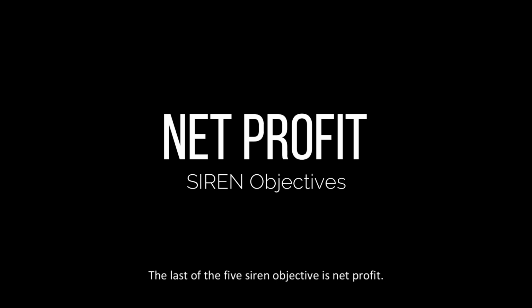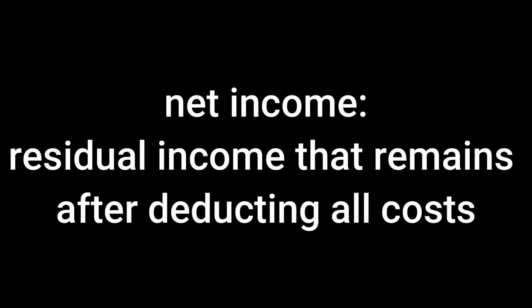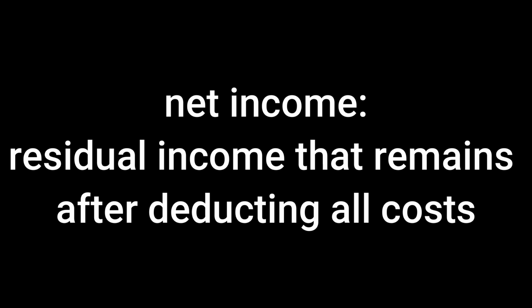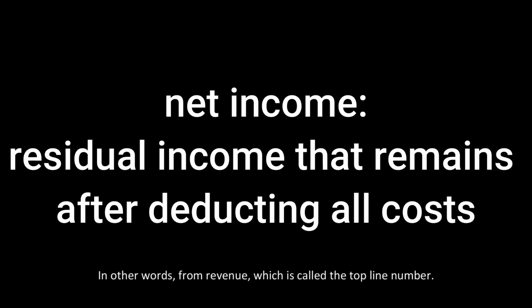The last of the 5 SIREN objectives is net profit. Net profit is also called net income. Net income reflects the total residual income that remains after accounting for all cash flows, both positive and negative. In other words, from revenue, which is called the top line number, all expenses and costs are deducted to arrive